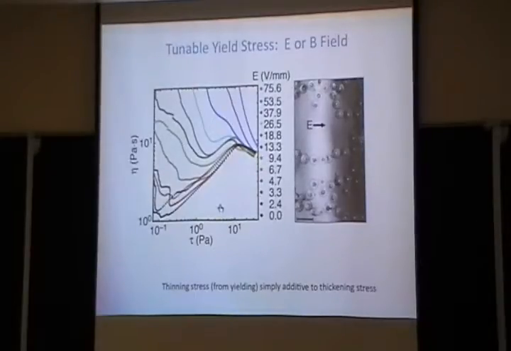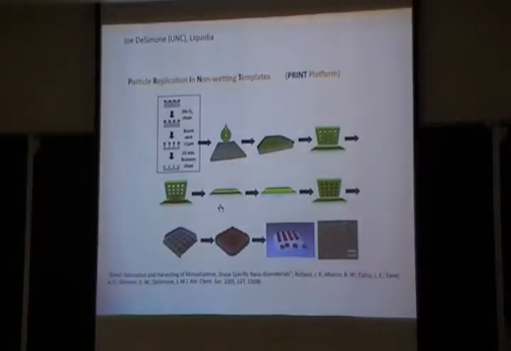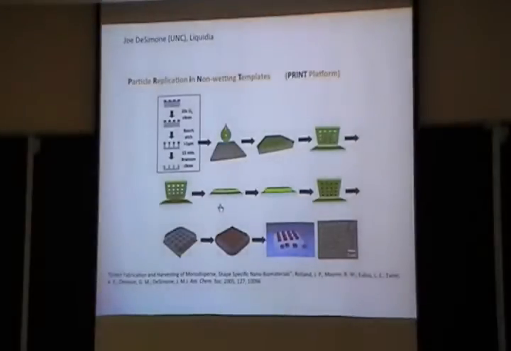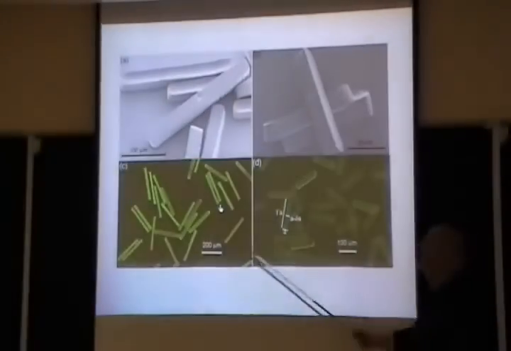Let me show you one more thing. You can do that, of course, with the magnetic field. So we made some really funky particles at the University of North Carolina. They use essentially how you make ice cubes. You make a nano mold, you fill it with particles, you can make that mold any shape, and then you break out the particles. These are PEG, polyethylene glycol particles. And they are large, they are hundreds of microns,